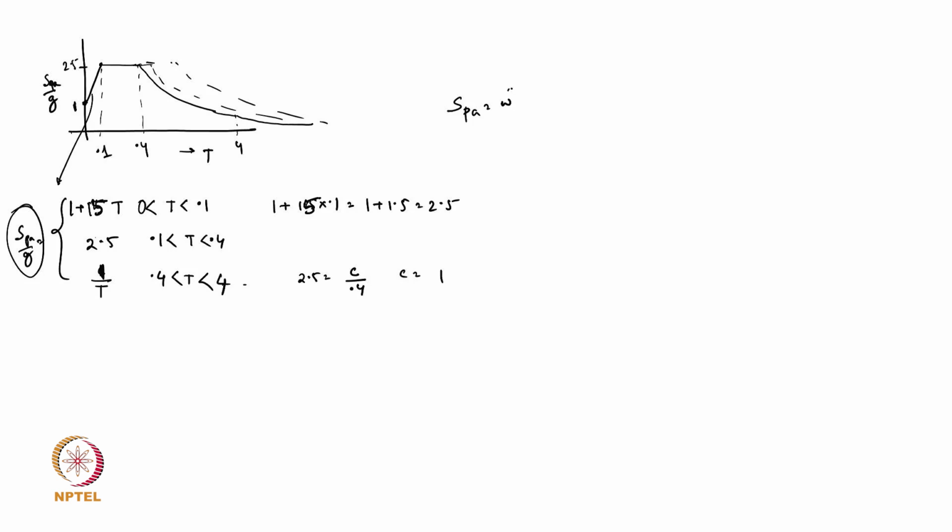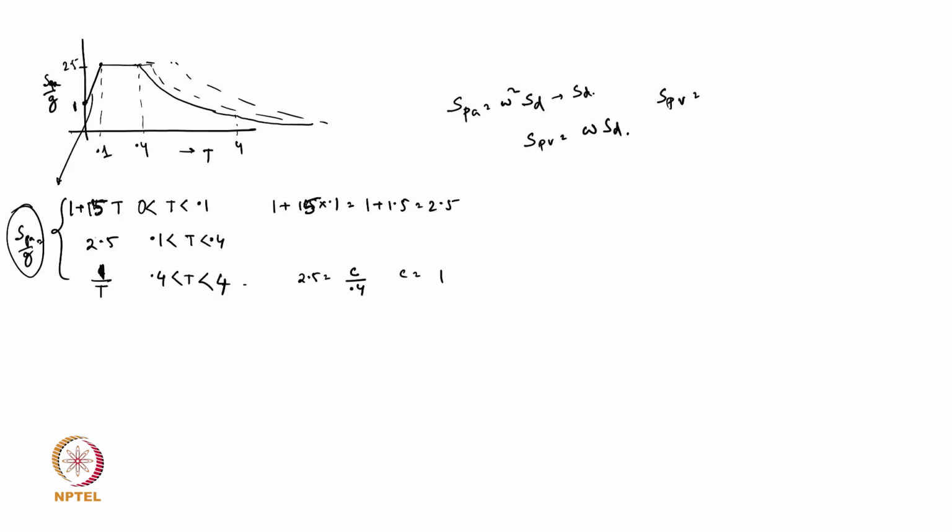SPA equal to omega square times SD. Okay. So then SPV will be equal to omega times SD. So if the first thing to calculate is SPV, that will be nothing but,